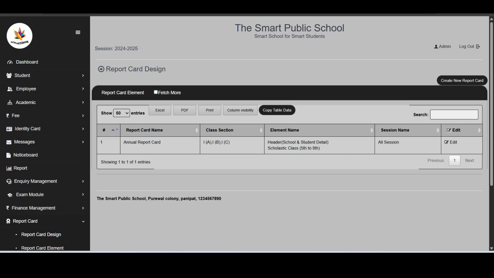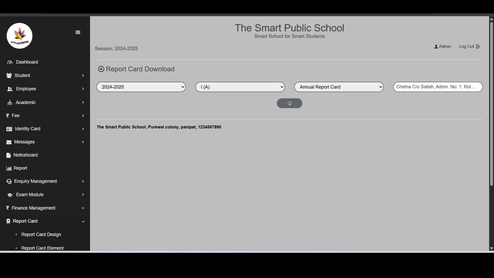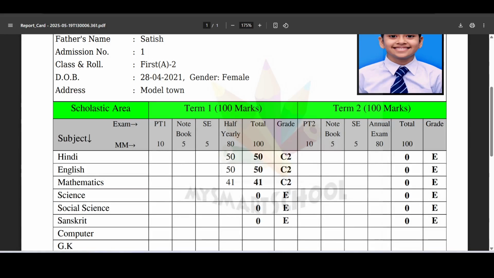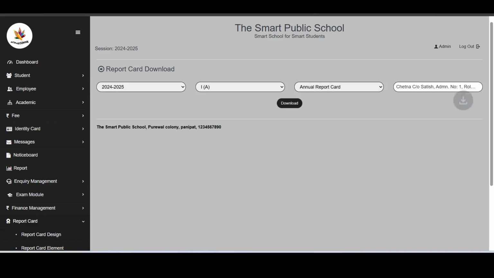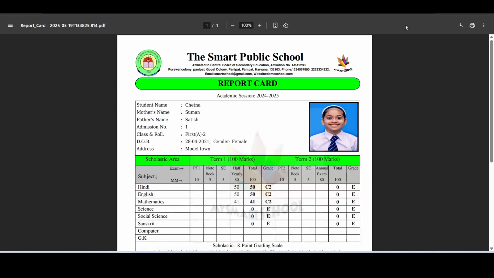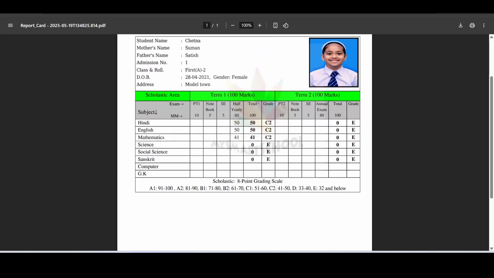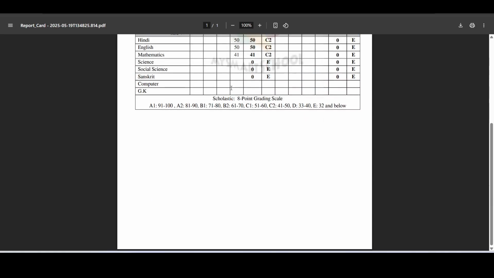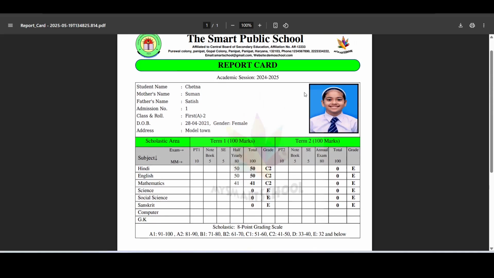Now you can again download it and recheck how it will look. It is downloaded, and now you can see that there are two elements, perfectly downloaded and perfectly created.